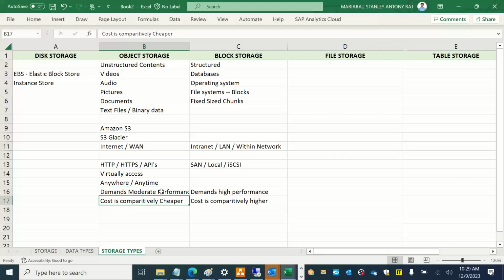In your object storage, you have options to add a lot of metadata: who created it, what is the size, what is the type of the file, whether it is compressed, who has permissions, and all those things. So a lot of metadata information is available on your object storage. When it comes to block storage,